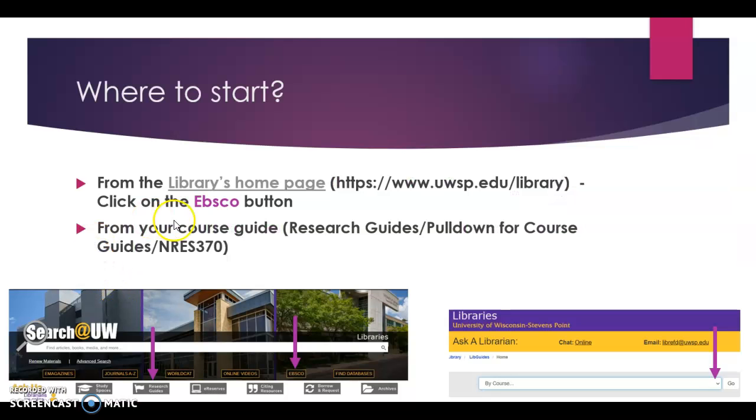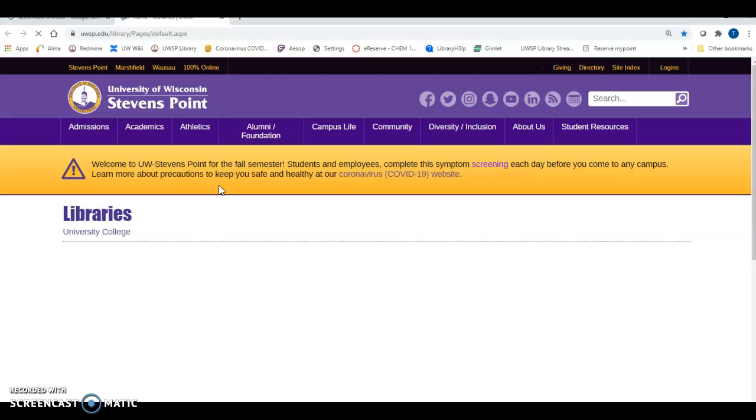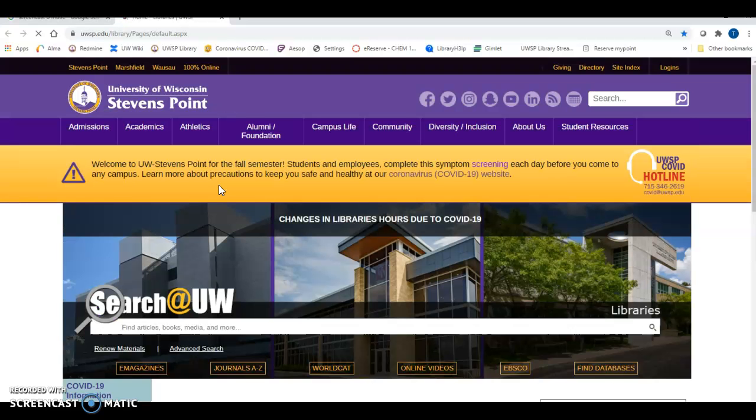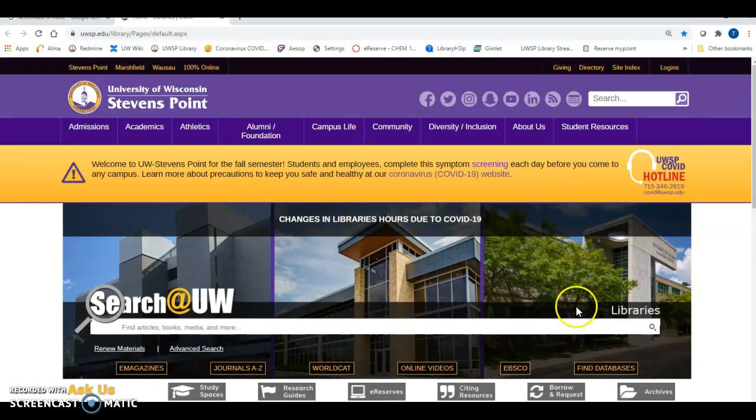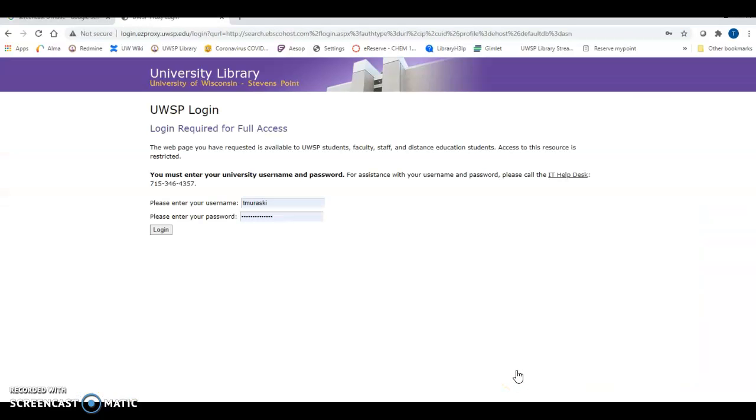Well, you can start from the library's homepage. We make it easy by putting an Ebsco button there. You can also use your course guide to find the databases in Ebsco that I talk about today. So here's that Ebsco button. We're just going to click on that, and it will take us out, after we log in, because I'm off campus,